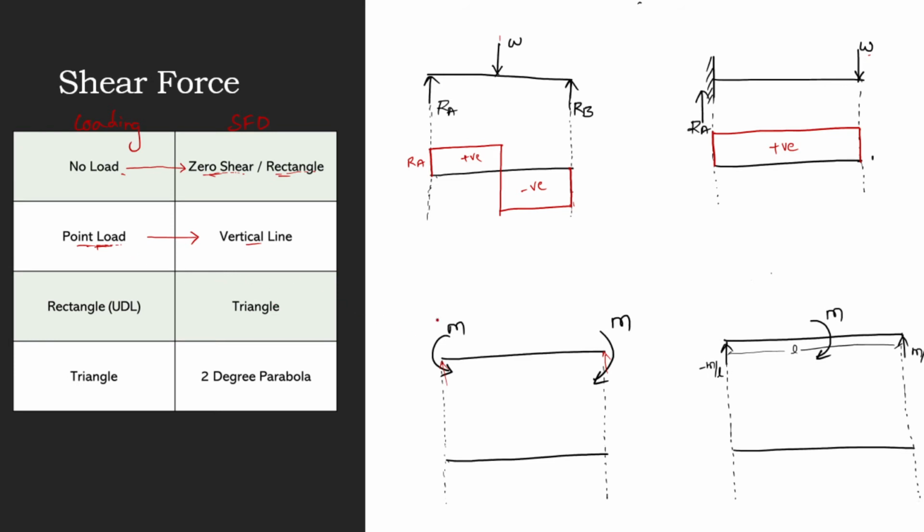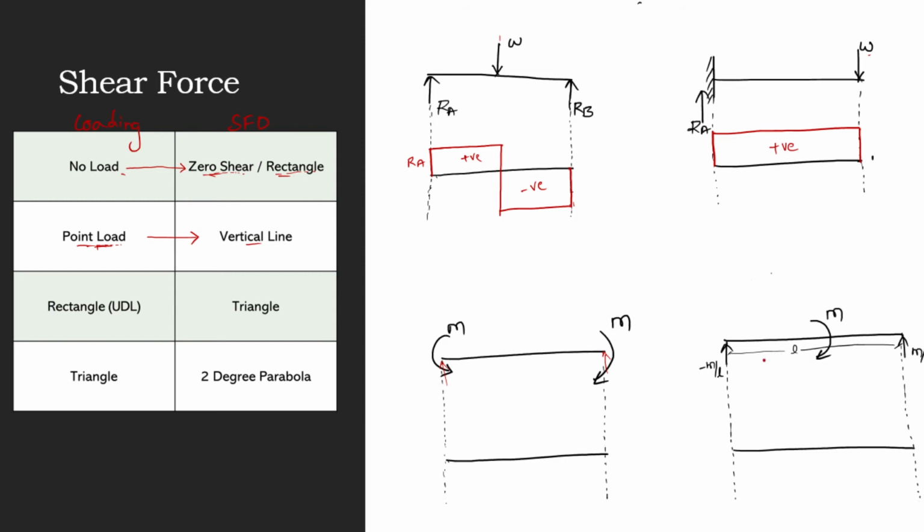So here, since there is no load, the shear force will be just a blank, nothing. There is no shear force diagram for this part. Now if you look at the other side, there is a concentrated moment M acting at the center, and the total length of the beam is L,